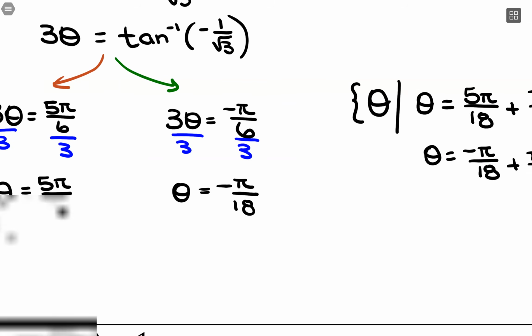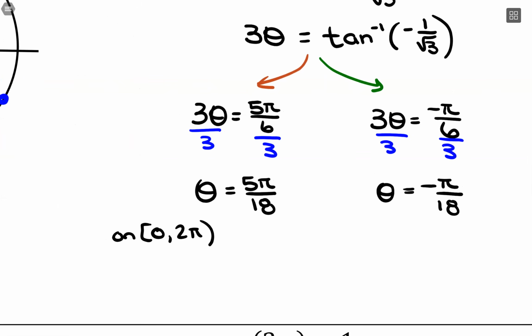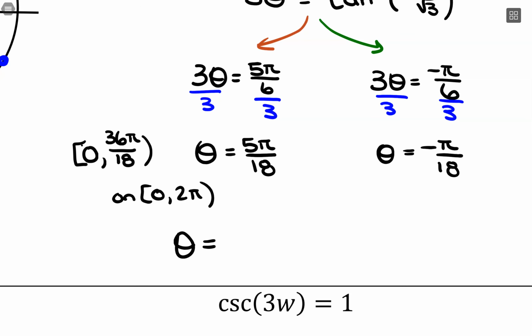So let's see. On 0 to 2 pi, which is similar to if I have that denominator of 18, if I made a denominator of 18, 18 times 2 is 36. So that just helps me with how far I can go, the limit to those, so that I don't go beyond 2 pi. So let's say I take that 5 pi over 18 and I'm adding on those increments of 6 pi over 18. So let's see, I would have that 5 pi over 18